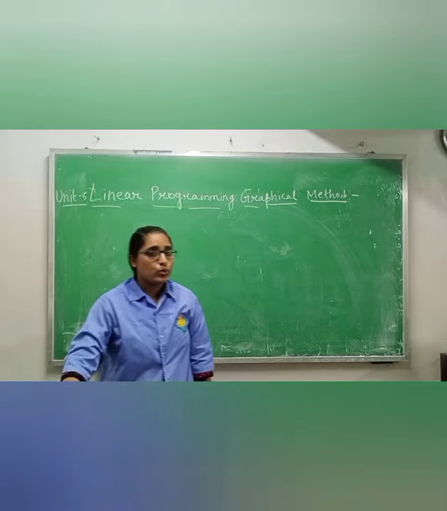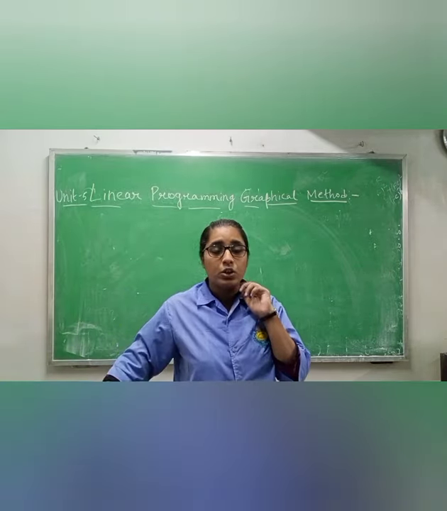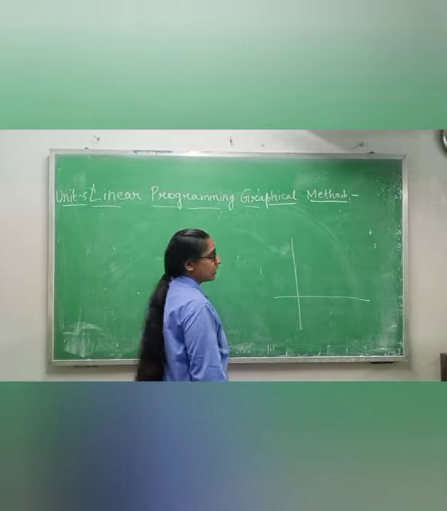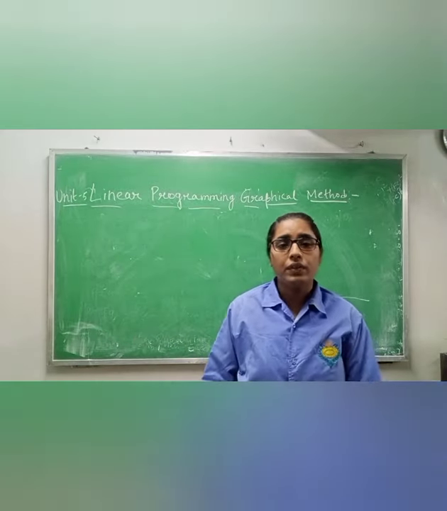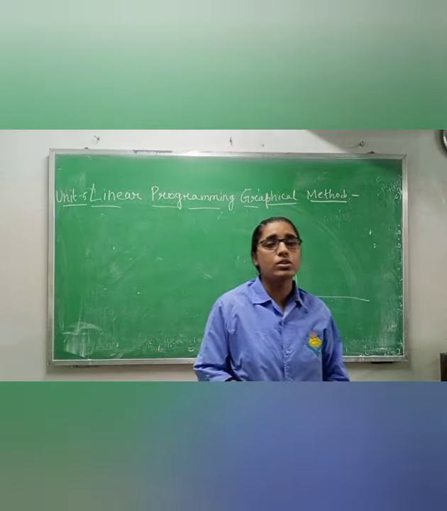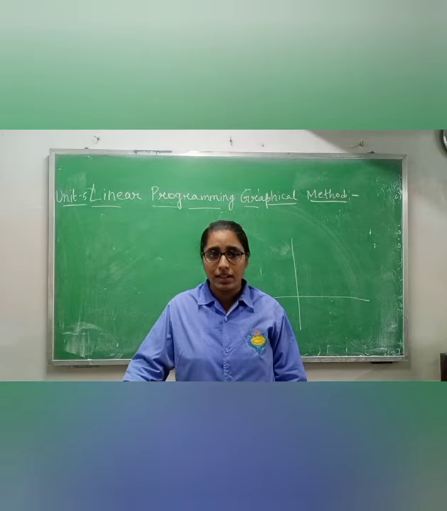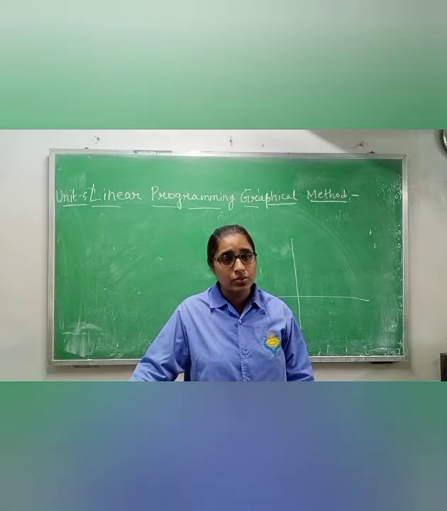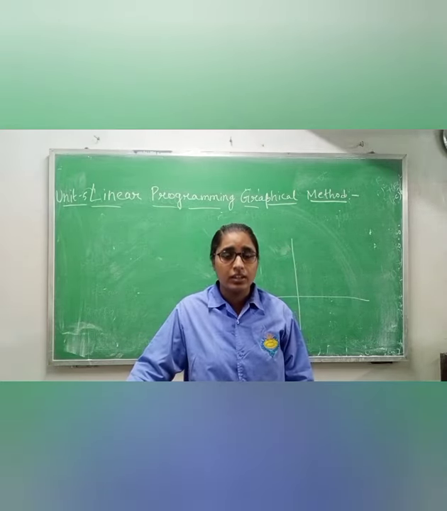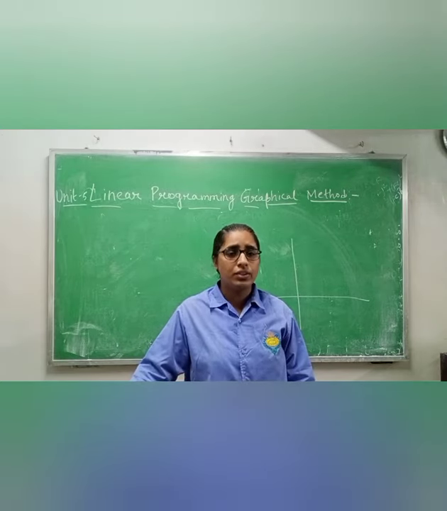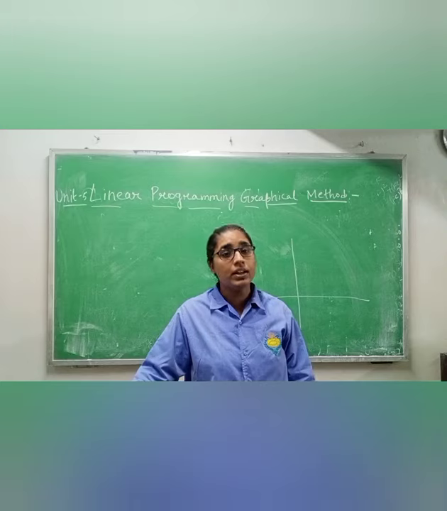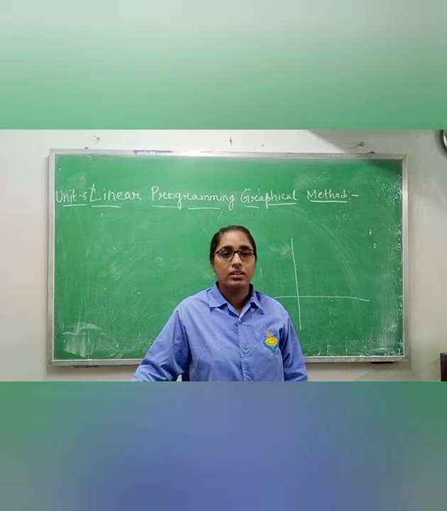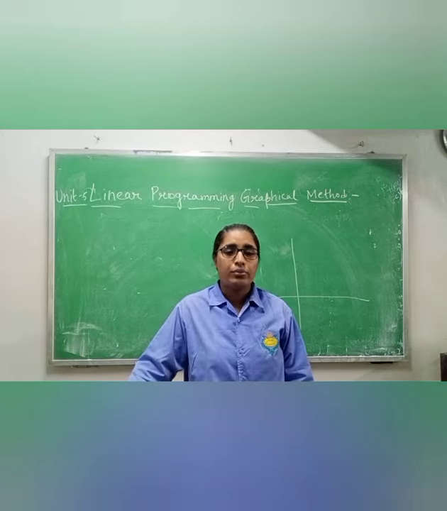But in class 12 they will not provide you graph paper. You have to do it by yourself. You have to make the x and y axes like this, and you have to plot it. When we do the question, then you will understand how to do this. So a linear programming problem is an optimization problem, meaning we can find a maximum value or a minimum value, and it is restricted that x or y, whatever variable we take, will be greater than or equal to 0, not less than 0, meaning it will not go negative. This is the only thing you have to know.